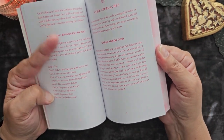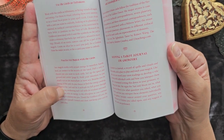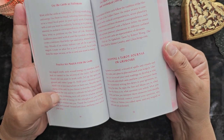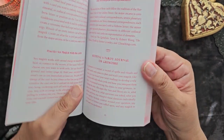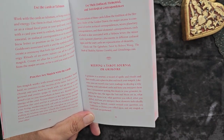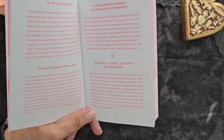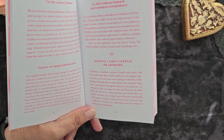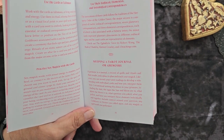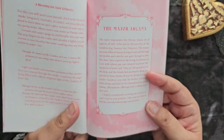She gives you a couple of approaches, and make no bones about it, this is a sex magic deck, and how to use this deck for embodiment and this feeling of erotic, feminine energy and this goddess energy. And I'm really excited to use this deck because, like I said, I have nothing like this. So this is